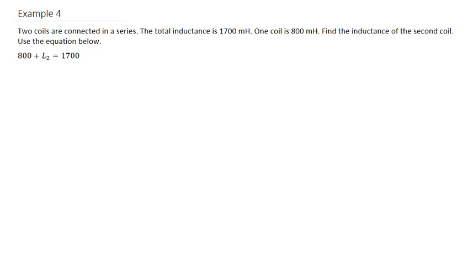Example 4. Two coils are connected in a series. The total inductance is 1,700 millihenries. One coil is 800 millihenries. Find the inductance of the second coil. Use the equation below. So here we have our 800 plus L2, which is L just represents inductance when you see that. And it has a subscript of 2 to show that's a second coil, which is equal to the total inductance of 1,700. So what we need to do is just to get L2 by itself is subtract 800